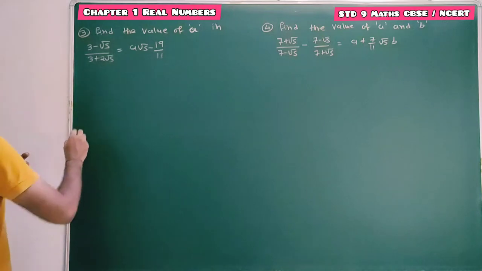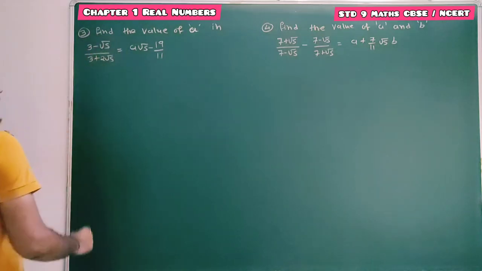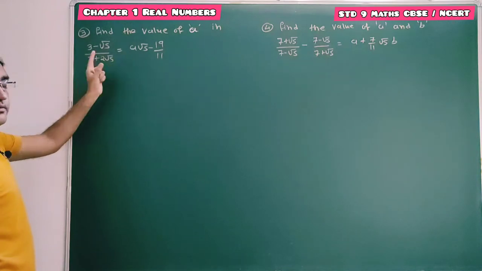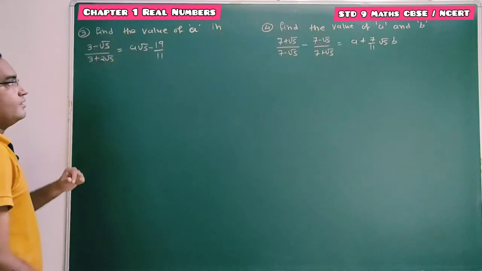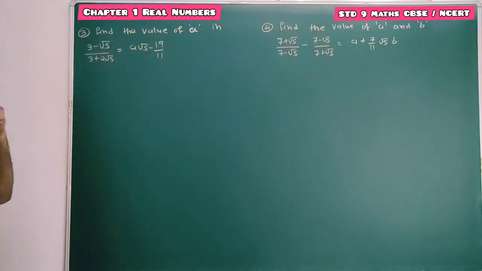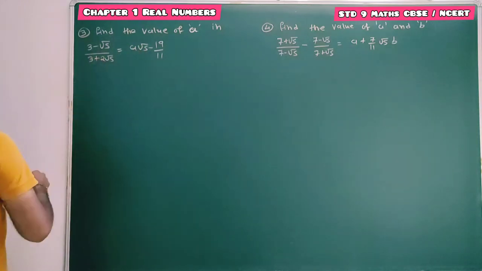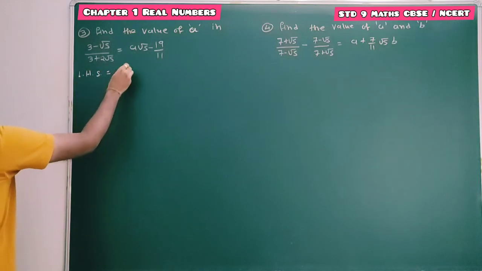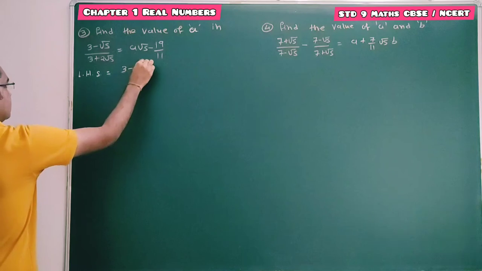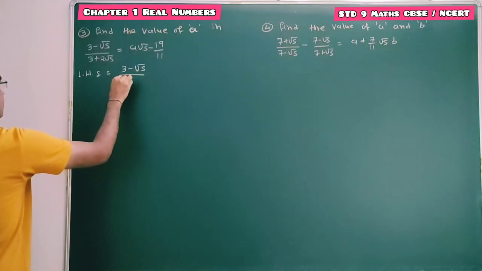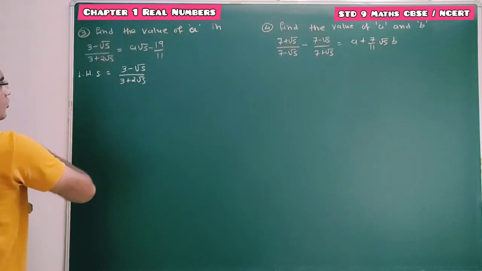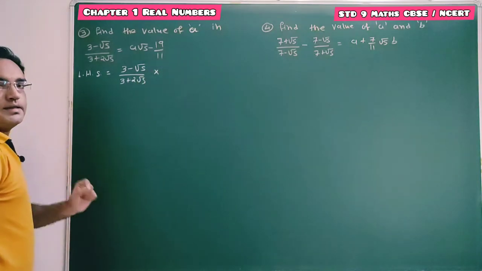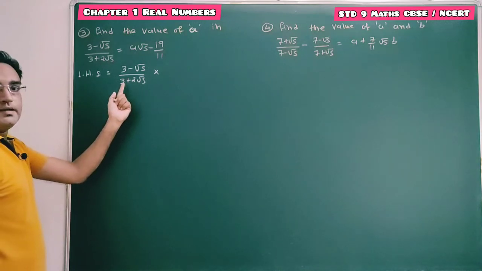Basically we'll start with this left hand side and we'll convert this expression in this form, and then we will compare this left hand side is equal to right hand side and we'll get the value of this a. Done? How? So let's start with this left hand side. So here given left hand side is equal to 3 minus root 5 upon 3 plus 2 root 5. Done? So now here we perform rationalization because the denominator is an irrational number.